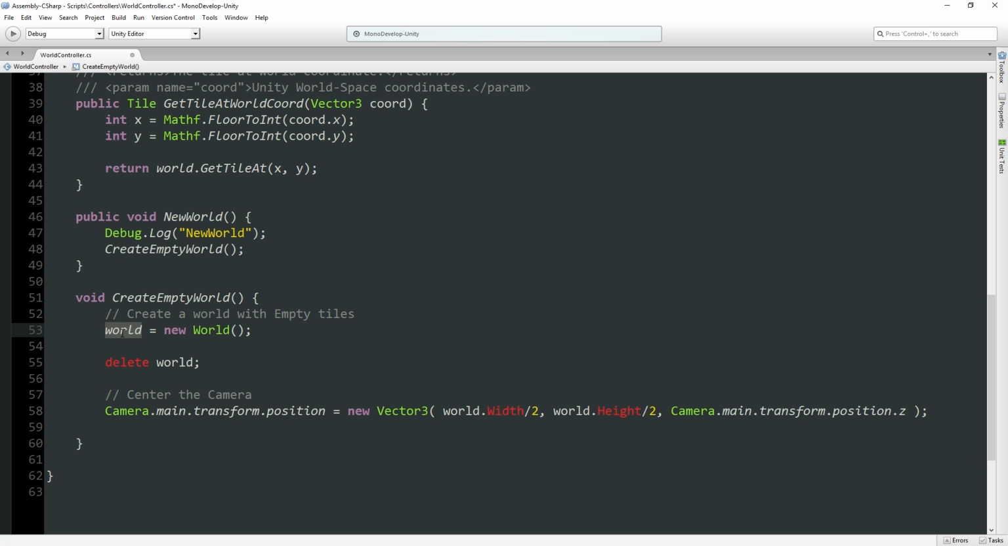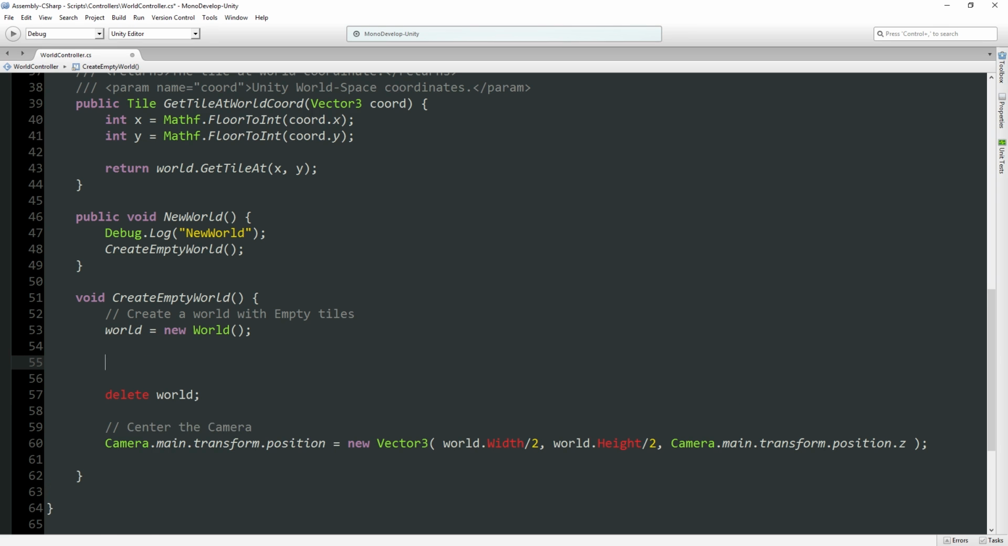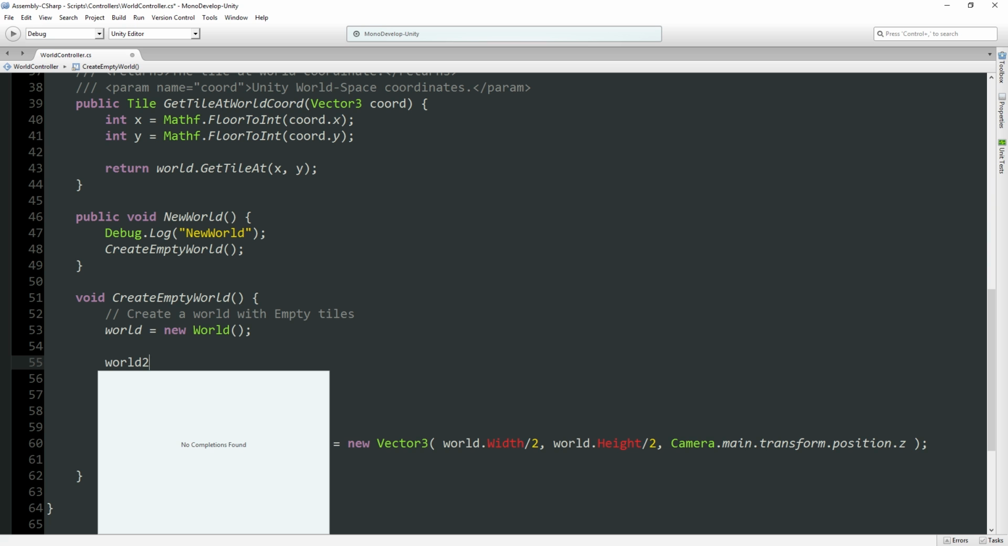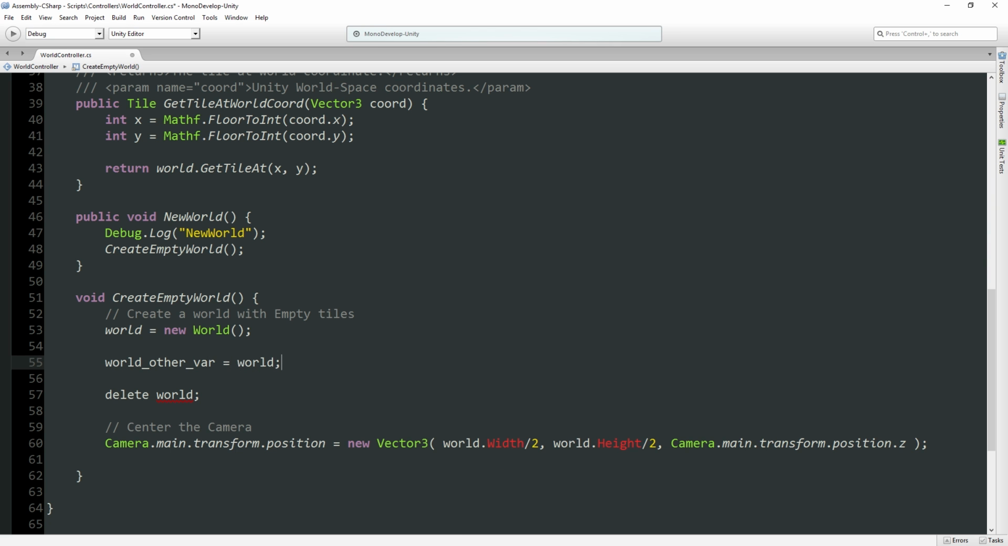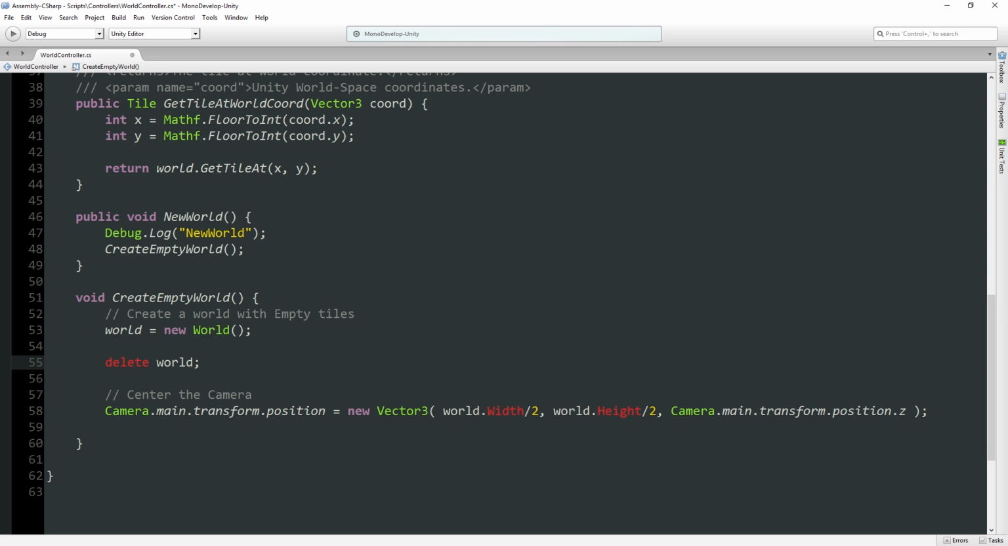Now, what would happen is if we still had a reference to this old world somewhere else, some other variable, say world other var is equal to world. If we delete world, well, this is still trying to point to some area of memory, and that's when you get program crashes and horrible things happen. This isn't actually an option in C# at all,